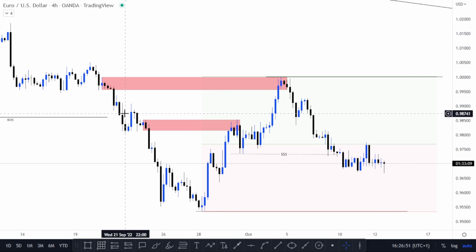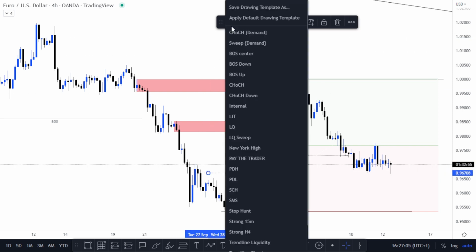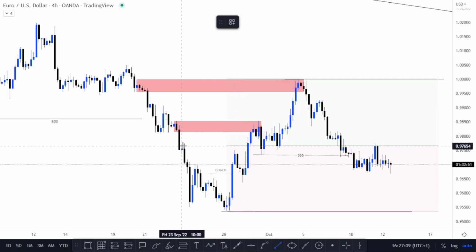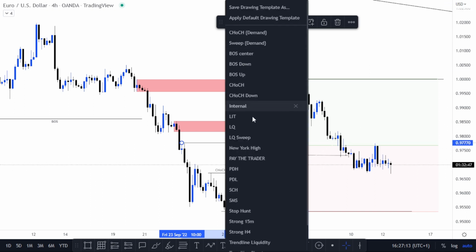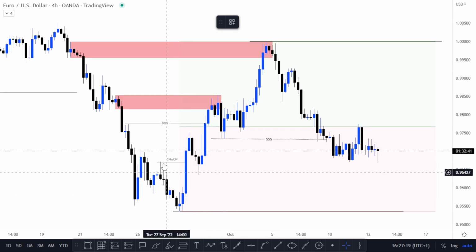But I also wanted to have the overall trend in mind, which is bearish, but we want to react with what we are seeing on the chart. So what can we see? The first thing we could see is we have the first movement push to the upside, which is the 4 hour change of character, and we have a break of market structure at this point, a 4 hour break of structure at this point. So basically, this is exactly how you frame your daily bias